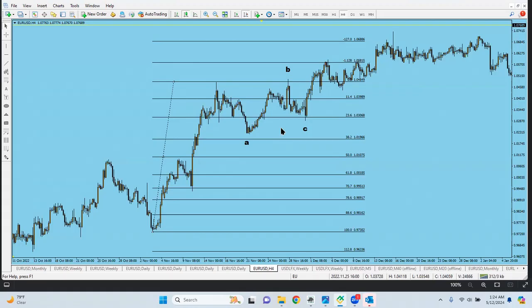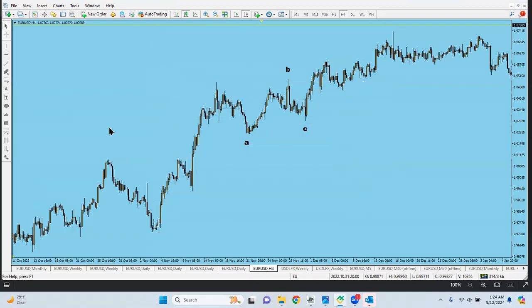So you probably have some kind of euro good news or USD bad news, and then it starts to rise from here. And you know that, okay, it is going up from here, and then it is like a running flat, and I know what it is, and then it's going to go up for wave 5, maybe 61% of wave 3. So wave 3 is right there, and let's see 61% of that, for example, from here to here,